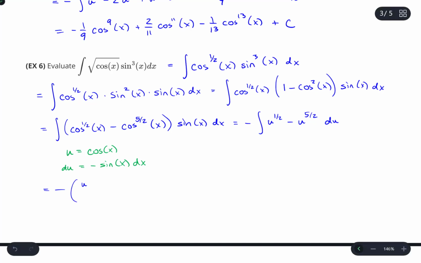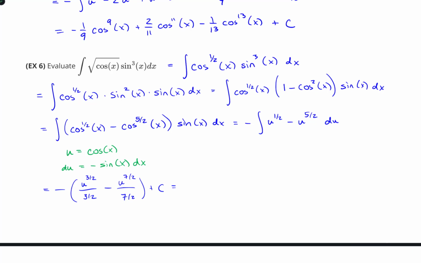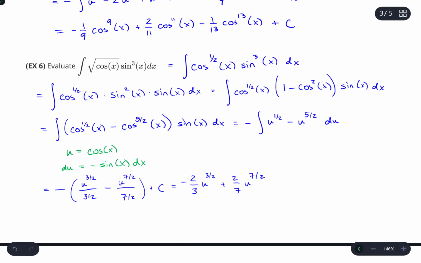So this would be u to the 3/2 over 3/2 minus u to the 7/2 over 7/2 plus c, and this will become negative 2/3 u to the 3/2 plus 2/7 u to the 7/2 plus c, and when I plug back in for cosine, I'm going to have